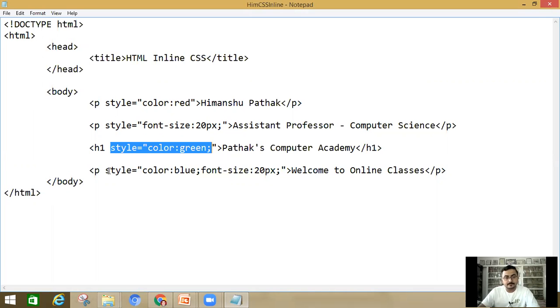Here, style is equal to font size, style is equal to color. Here I have incorporated two things: style is equal to color and font size both. So like this, you can use inline.